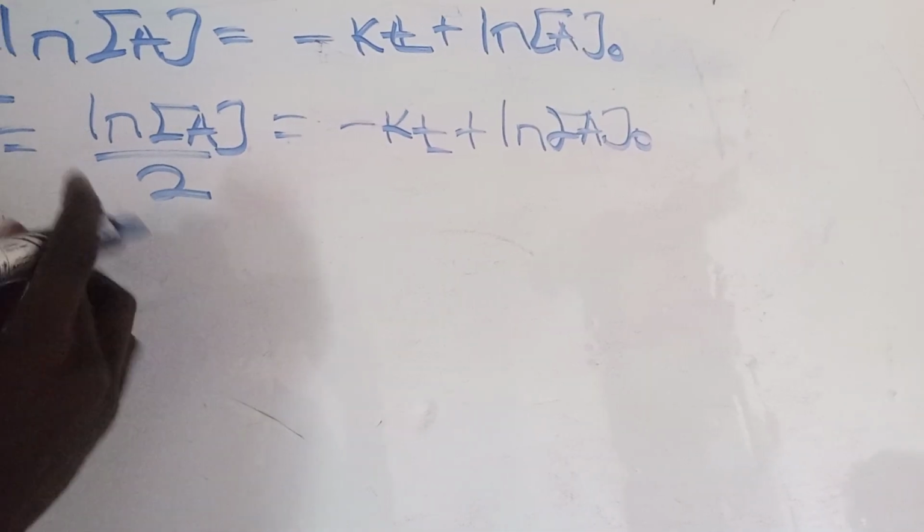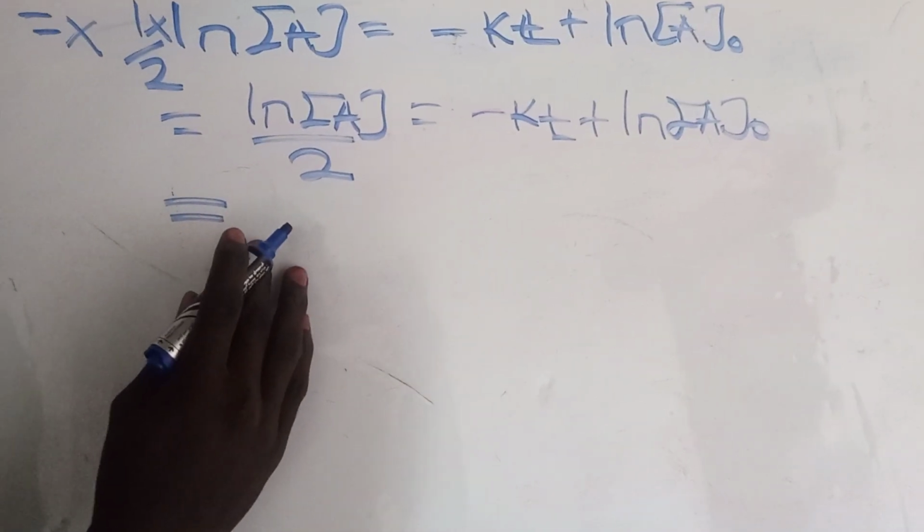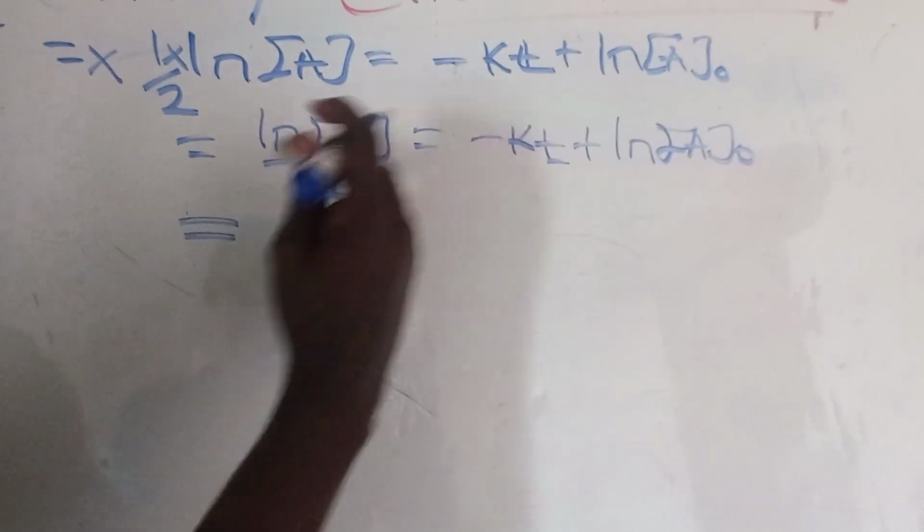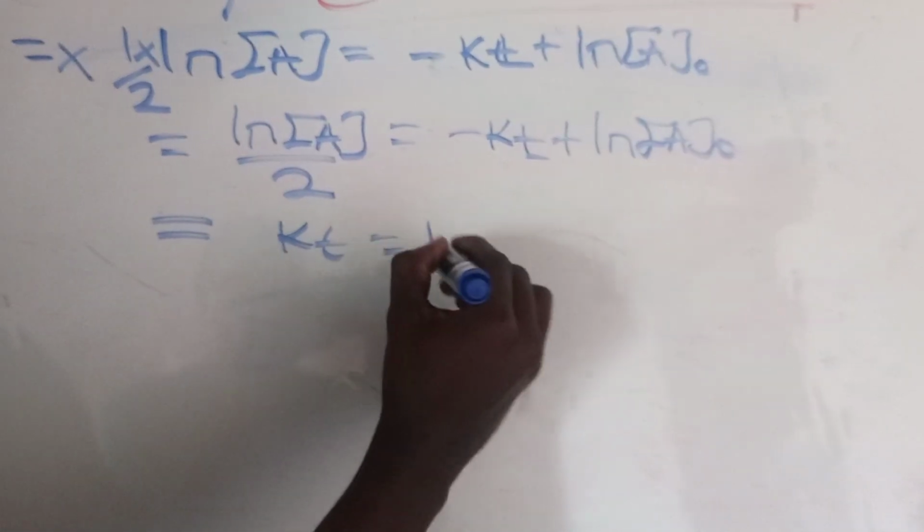As usual, the same thing we did for the zero order reaction, we move this to this side, and we are going to have kt is equal to